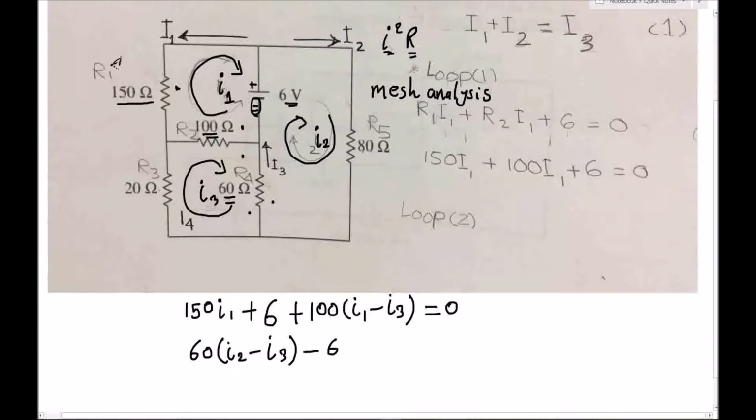طيب plus هنا هنروح اللوب next element هو 80 ohm resistor اللي هي R5. هنا ما في adjacent loop، ما في لوب بهذه الجهة، بس اللوب I2، فبالتالي هيكون زي ال 150 ohm، هيكون بس 80 I2